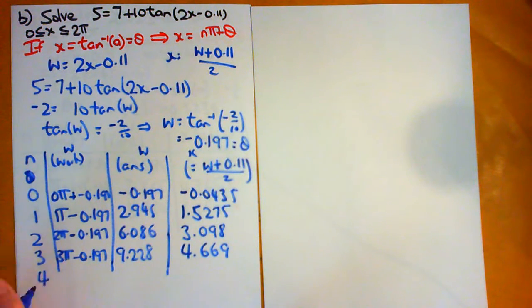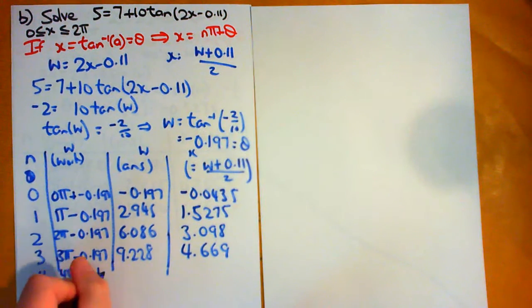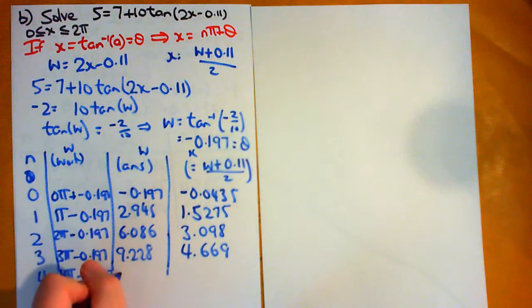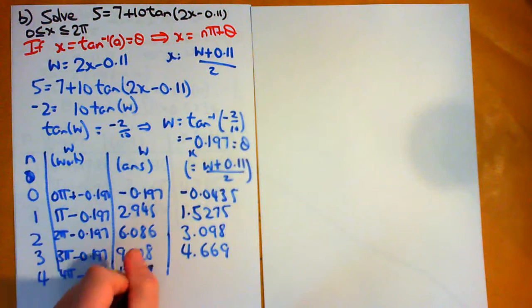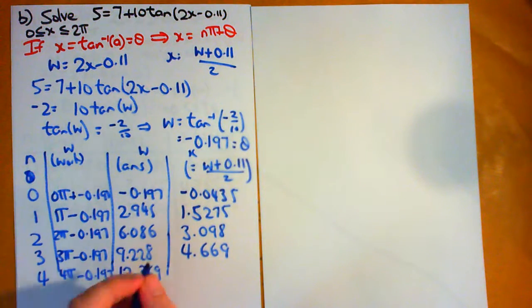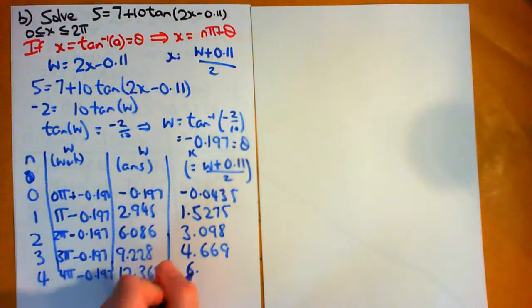And n equals 4, we get 4 pi minus 0.197. So our value of that, if we calculate that, we get 12.369. And if we work out your x from that, it's 12.369 plus 0.11 divided by 2